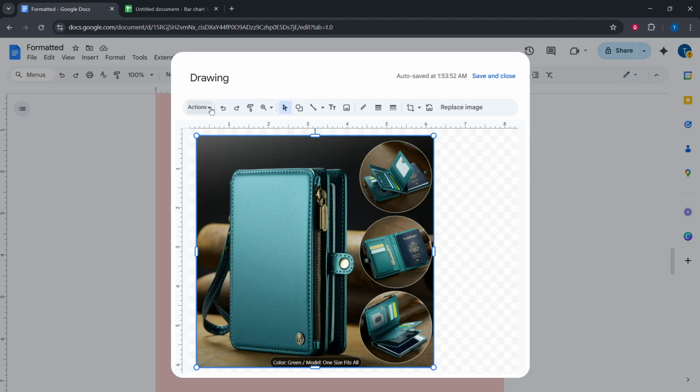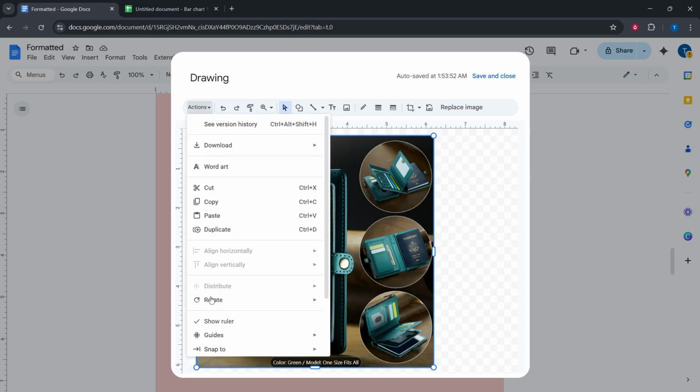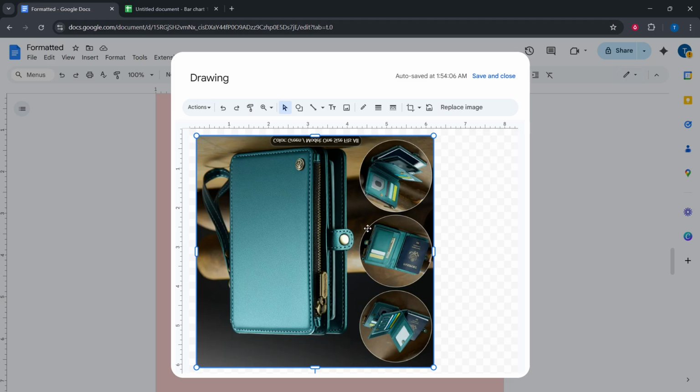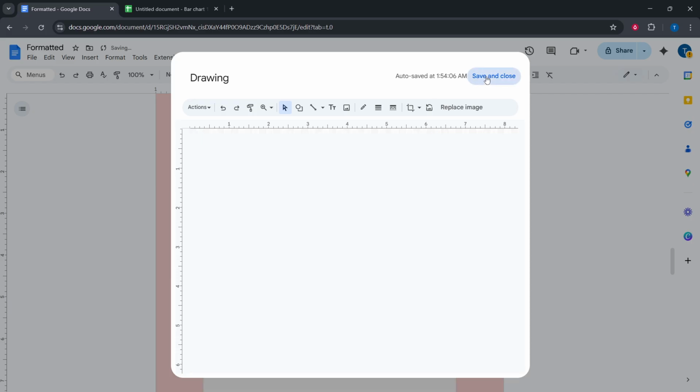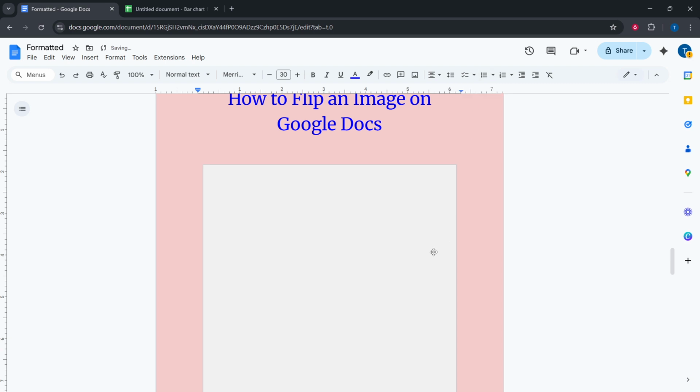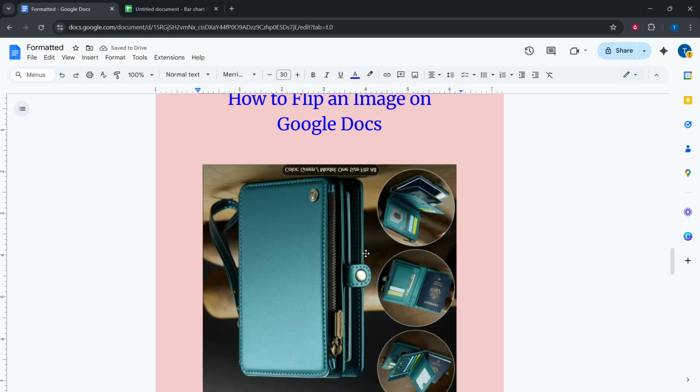When it looks the way you want, click Save and Close. The flipped image will drop right back into your document exactly where your cursor was. From here, you can resize it, move it around, or adjust text wrapping just like any other picture. If you want to compare before and after, remember that copying at the beginning lets you keep both versions side